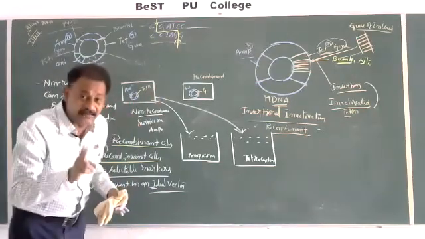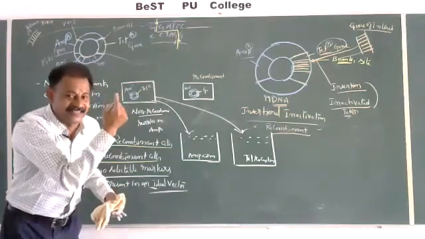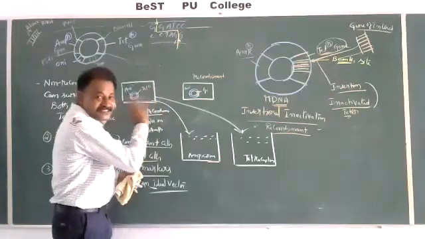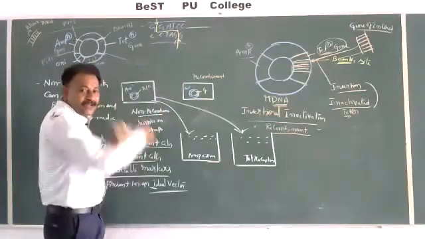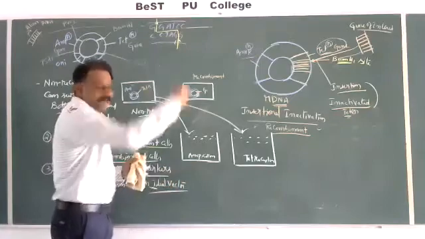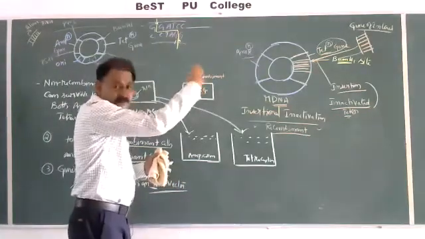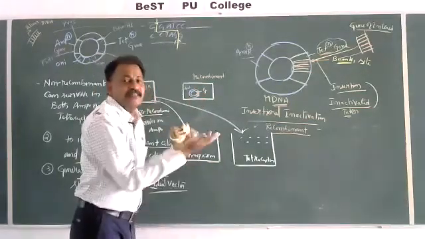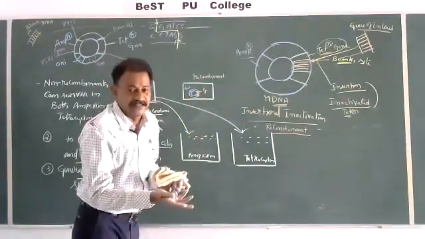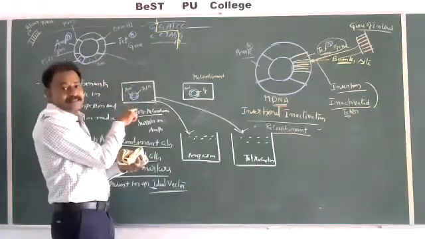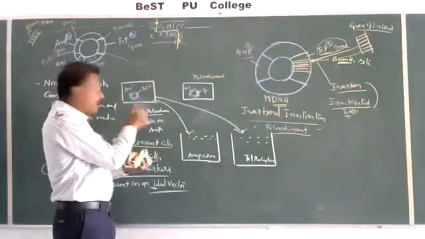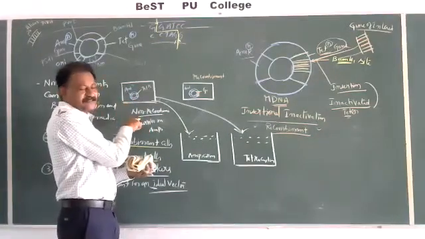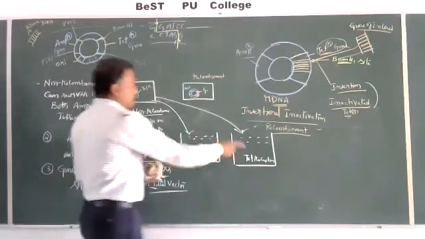What is a non-recombinant? Which is not having our insert, our piece of DNA, that alien DNA or gene of interest. It means out of 100 cells or 1000 cells, when we have inserted this plasmid with recombinant, it was taken by only a few bacterial cells. Some other bacterial cells are not having recombinant genes. They are transformants, but non-recombinants. So non-recombinants can grow in both media.